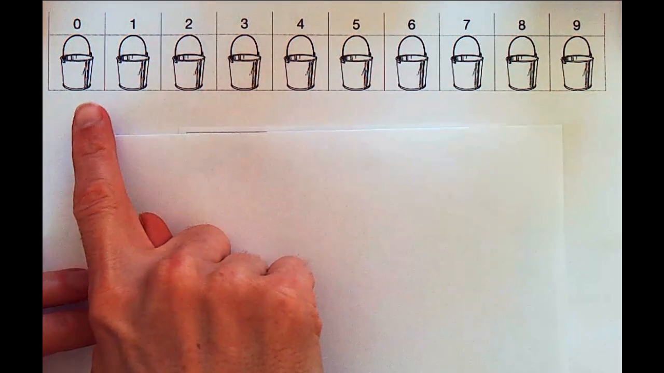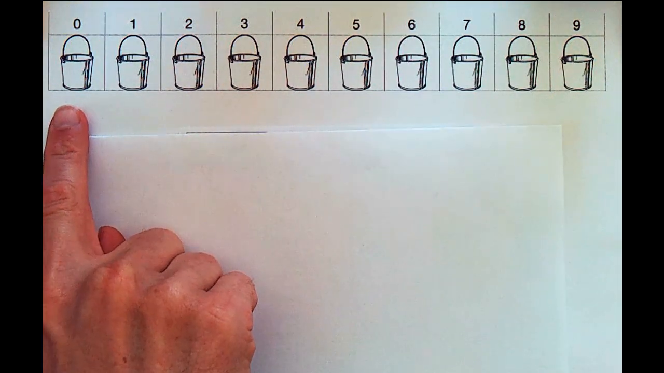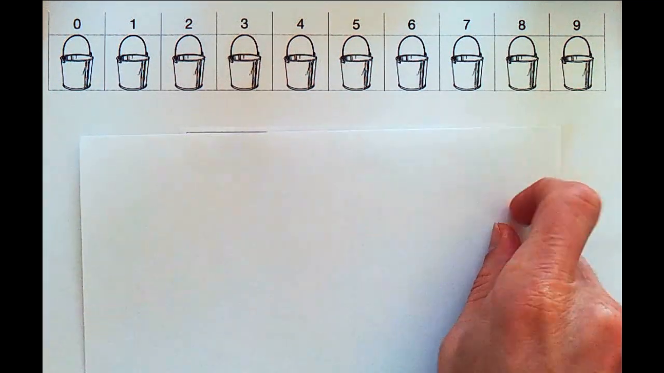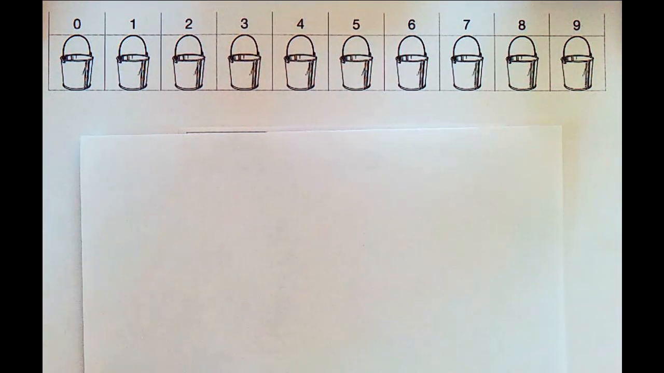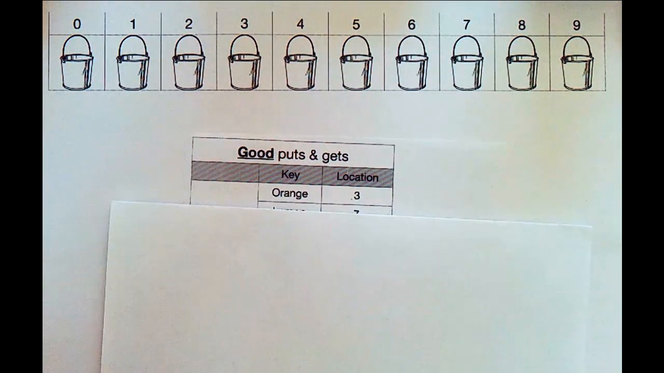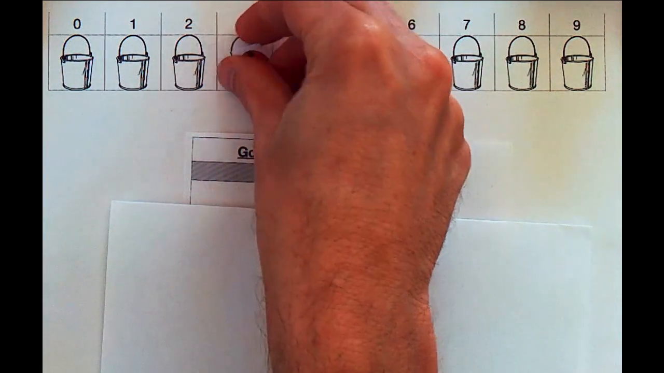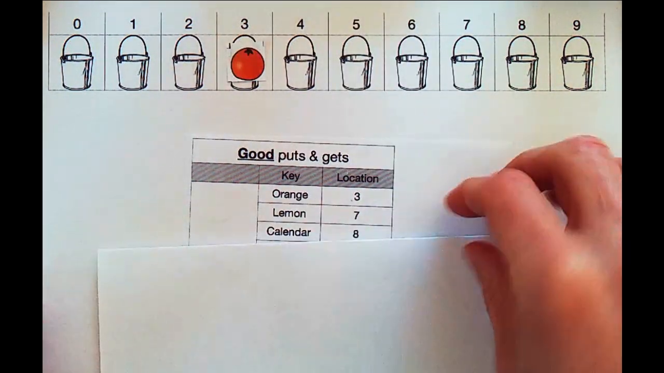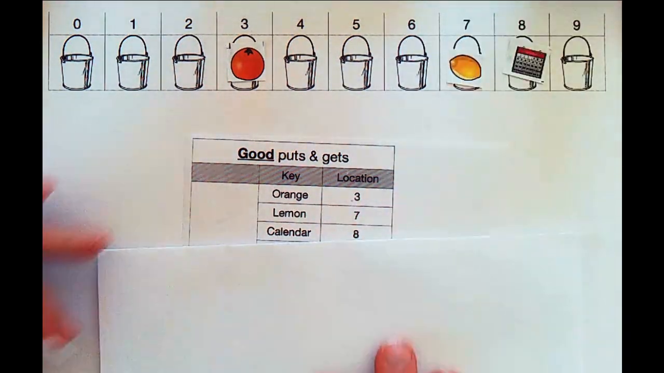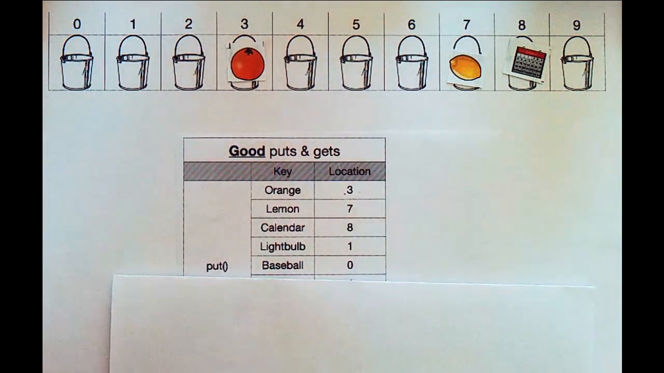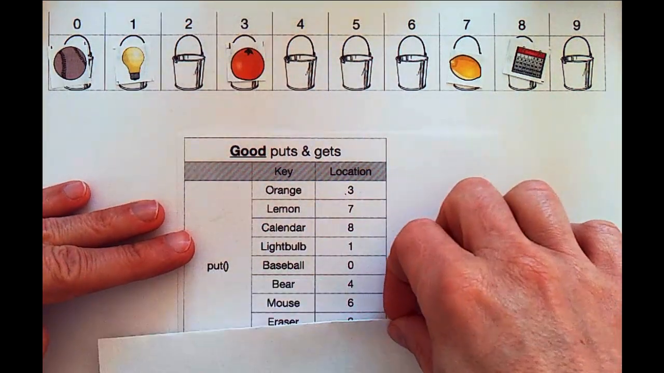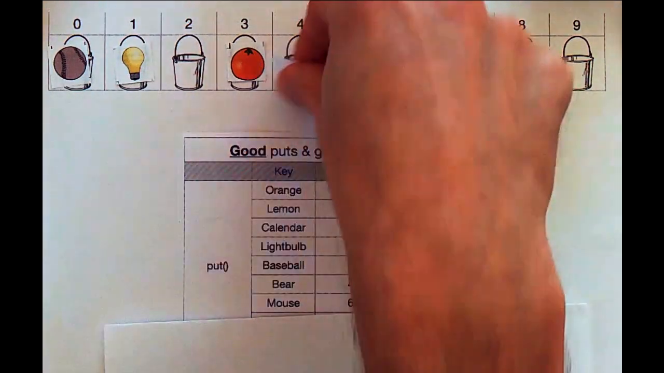Okay. So once again, we have an array. In this case, the array contains this idea of buckets, linked lists that will contain the data that is actually going into that particular location. So we'll go through the same set of puts that we went through earlier when we first started talking about the open addressing approach. Okay, so we'll put an orange in container 3. And I'm going to go through this pretty quick because we'll see a very familiar pattern. A lemon goes in 7. Calendar will go in 8. Light bulb goes in 1, baseball goes in 0, and a bear goes in 4, a mouse goes in 6,